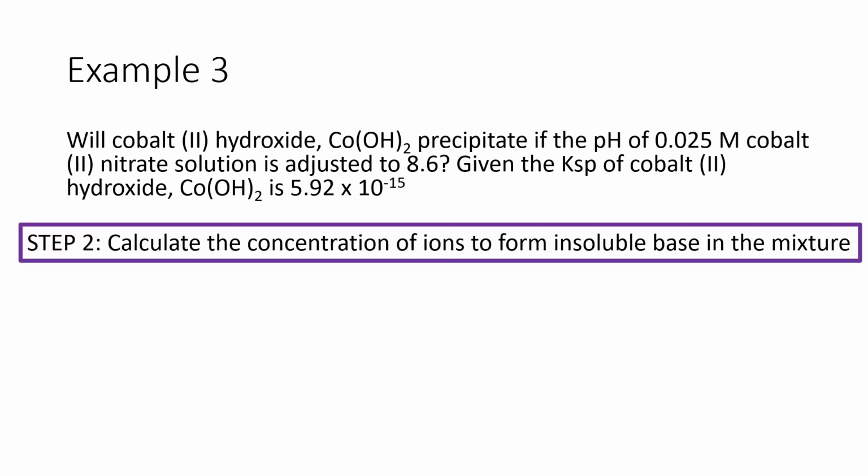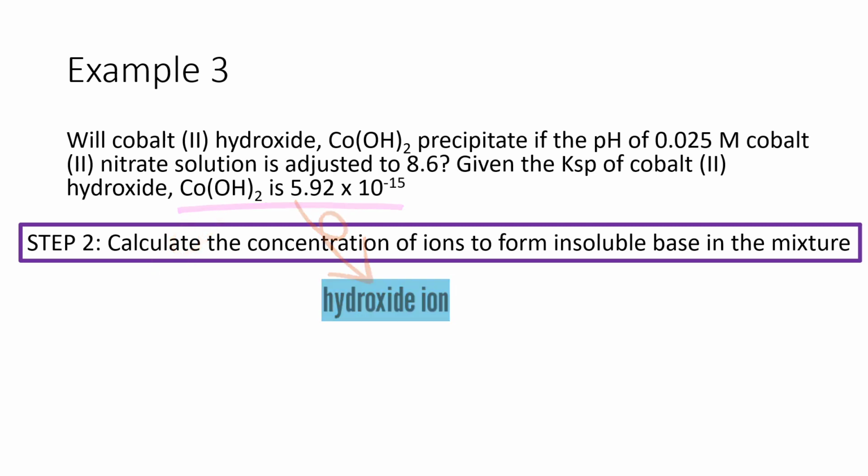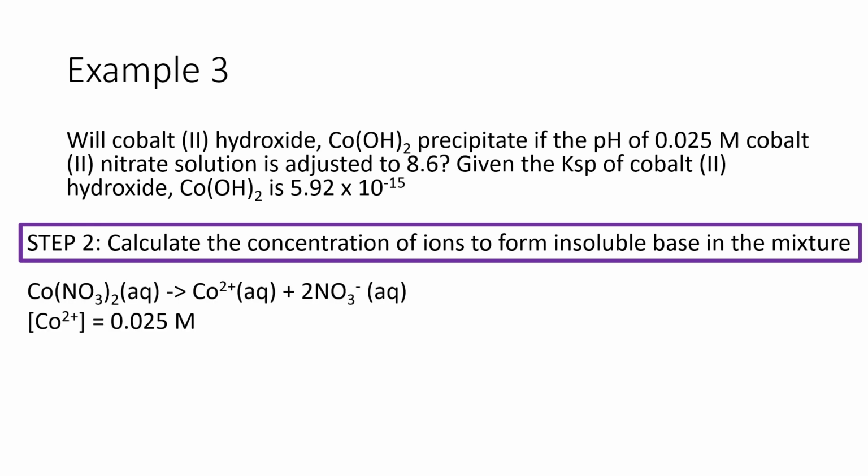Step number 2 is to calculate the concentrations of ions involved in forming the insoluble base in the reaction mixture. For this question, the insoluble base is cobalt-2 hydroxide, so the ions involved are the cobalt-2 ion coming from the cobalt-2 nitrate solution and the hydroxide ion. To determine the concentration of cobalt-2 ion, we can determine it from the cobalt-2 nitrate solution. Cobalt-2 nitrate is a soluble salt, therefore it will dissociate completely in the aqueous solution to give cobalt-2 ion and also the nitrate ion. 1 mole of cobalt-2 nitrate dissociates to give 1 mole of cobalt-2 ion. Therefore, the concentration of cobalt-2 ion in the solution is equal to the concentration of the cobalt-2 nitrate,